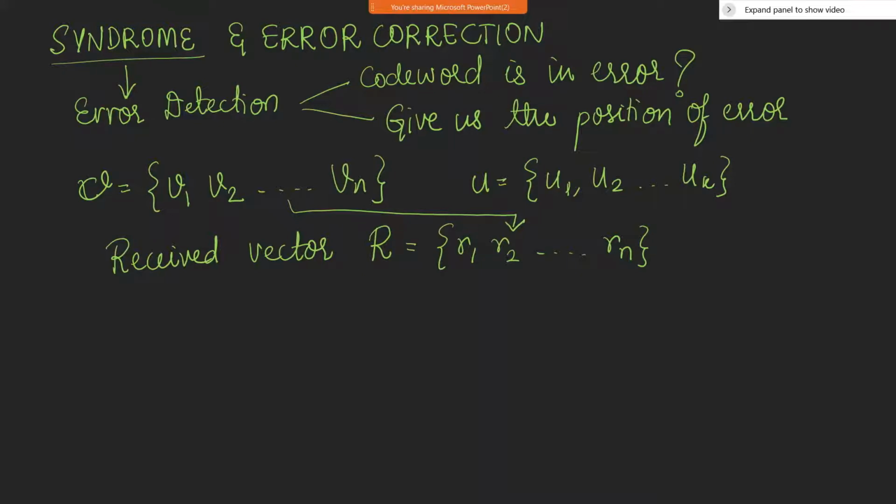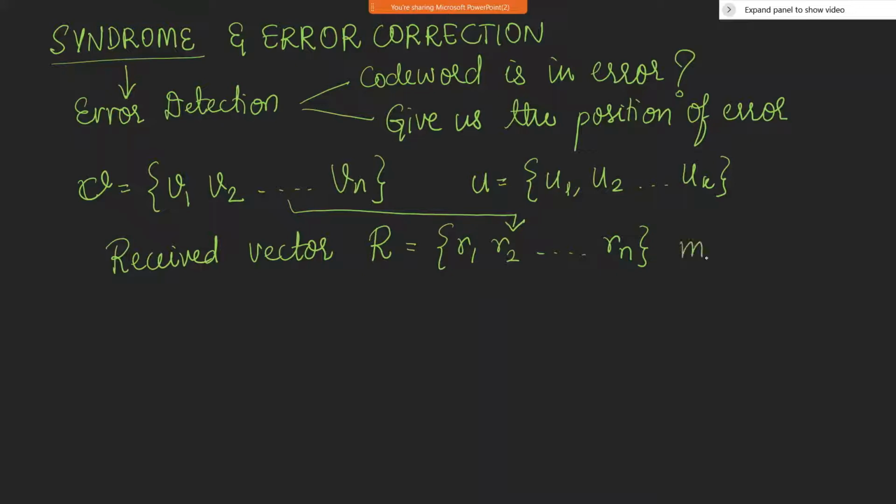The dimension should be the same, because we are not talking about an erasure channel. Assume that we have sustained all the n bits during the transmission. The only thing is, some of the bits within r1 to rn might have ended up in error